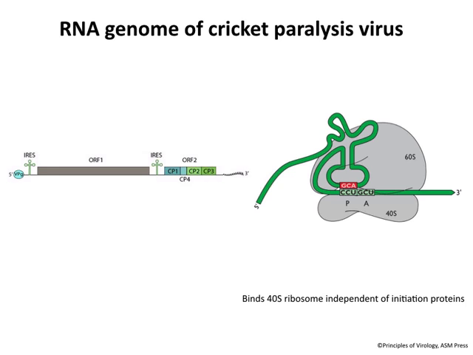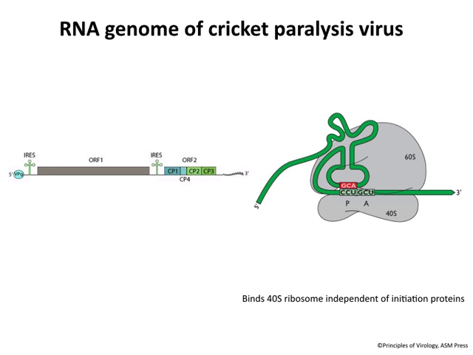So let's look at this cricket paralysis virus a little bit, because it does an interesting thing besides non-AUG initiation, which I just showed you here on the right. Here on the left is the genome of this virus. So this is a picornavirus. It's like poliovirus. It has a plus-stranded RNA genome, but unlike all the other picorna genomes, this RNA has two open reading frames. So it has an IRES at the 5' end because it has VPg at the 5' end, no cap, so it has an IRES to initiate translation of open reading frame 1. But then that ends in a terminator, and then there's a second open reading frame that continues beyond it.